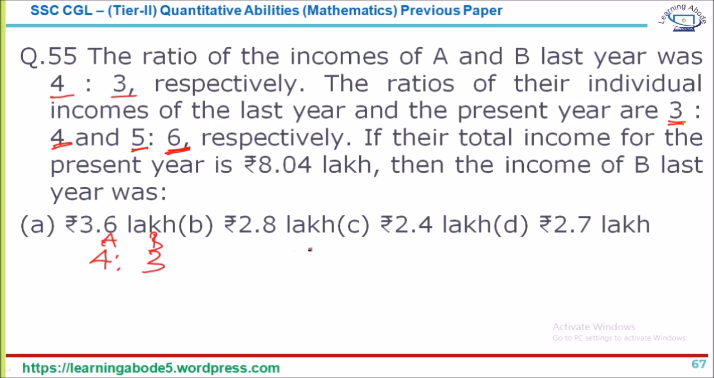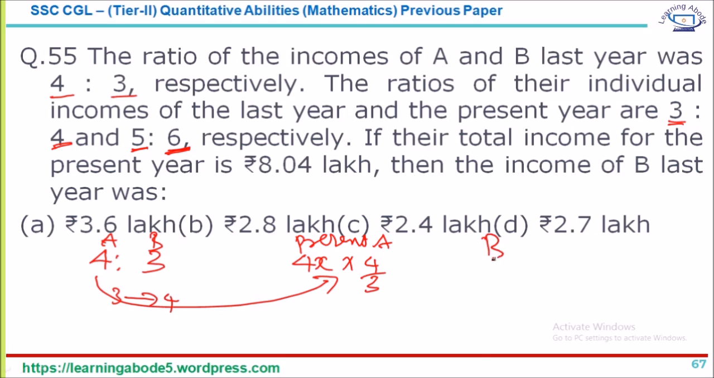Now if A was earning 3 lakhs earlier, now he is earning 4 lakhs. Now how will 3 become 4? You have to multiply by 4/3. So now if this value is 4x, multiply by 4/3. Okay, now